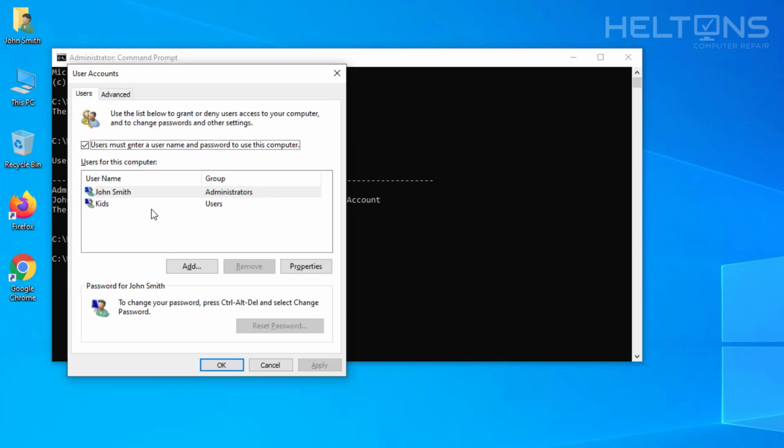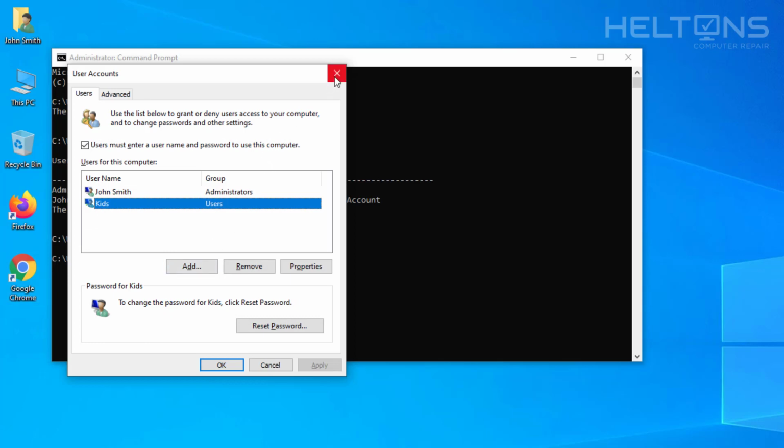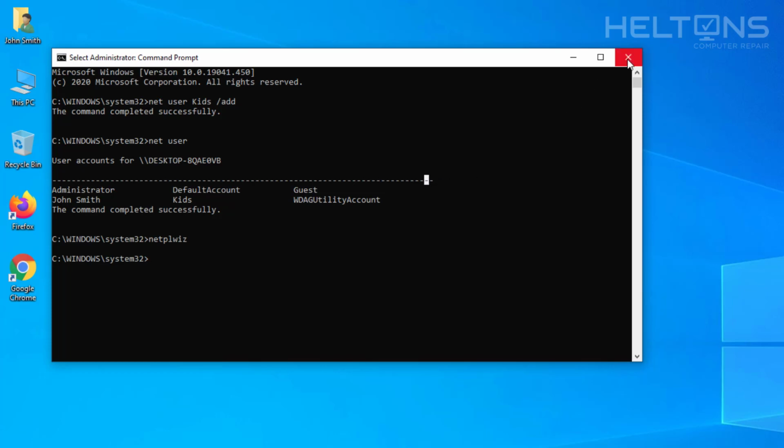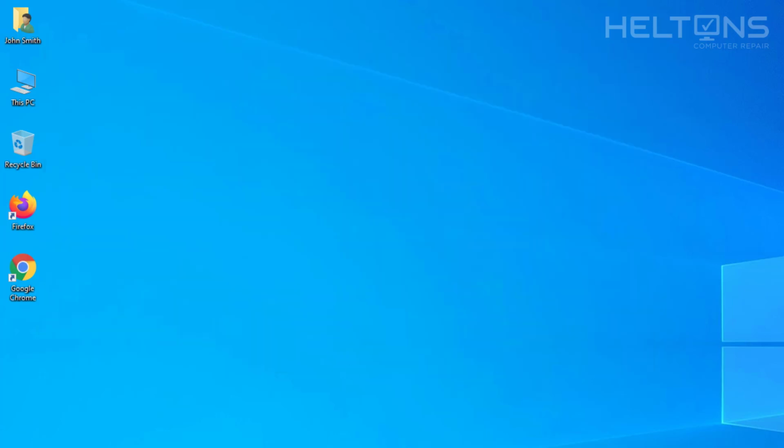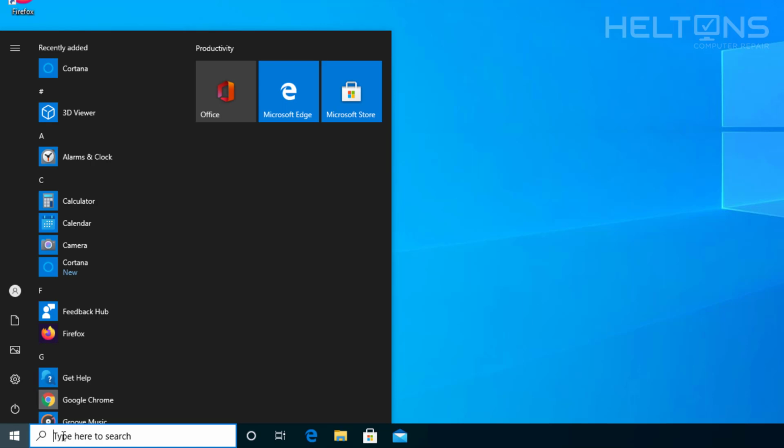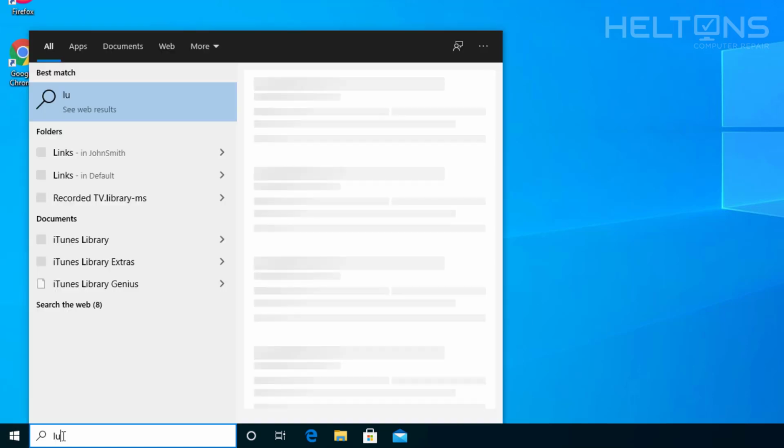Now, most likely the kids, if they had the option, would be able to recreate their password. But we're actually going to prevent that option. So to do this, we're going to show you how to get to that location. We're going to go to start, and the other user is now created. And we're going to type in